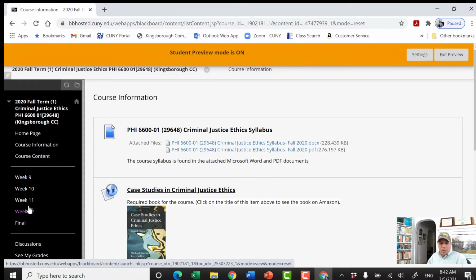What I will keep live here is just the current week, the following week, maybe 3 weeks out, and I will start rotating it. So yours will say week 1, week 2, week 3, or maybe week 1 and 2, or at the beginning of the semester, maybe you'll only see week 1, but let me just explain to you how to navigate through this.